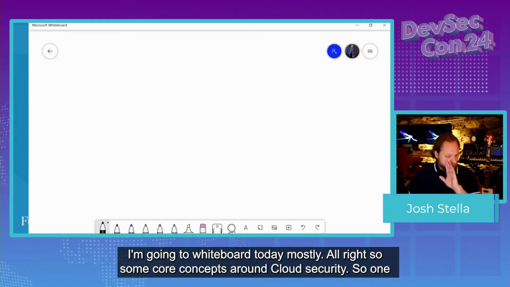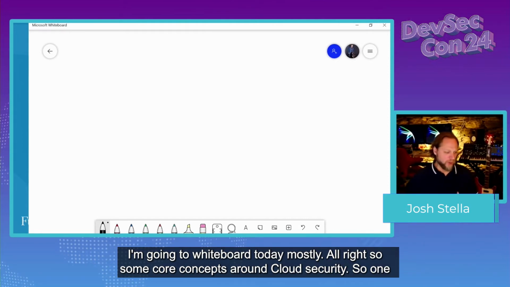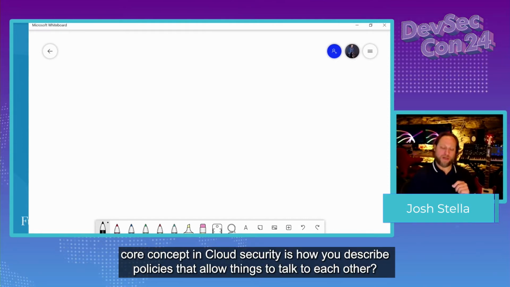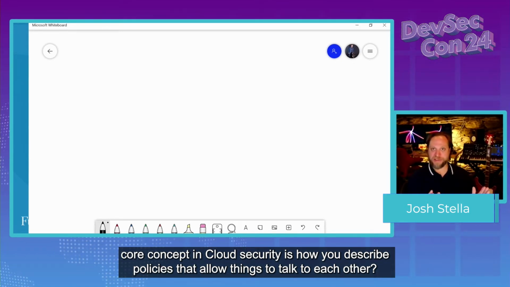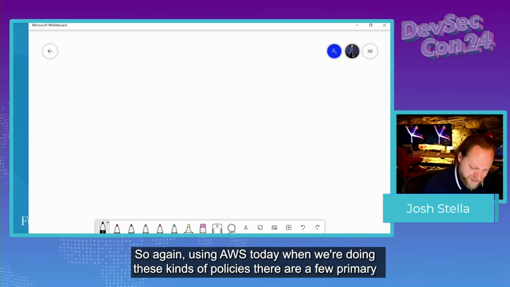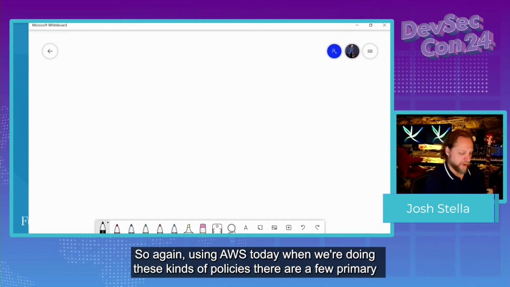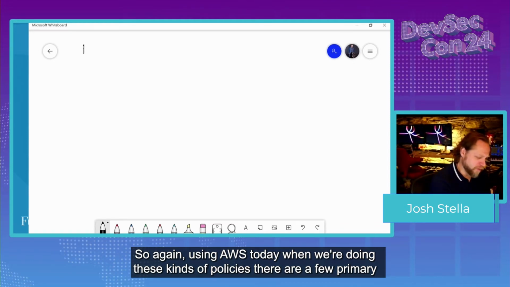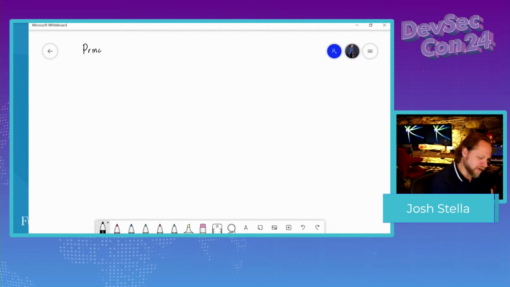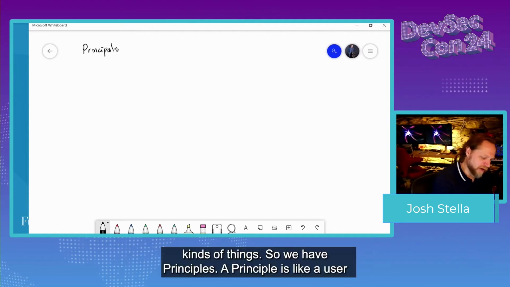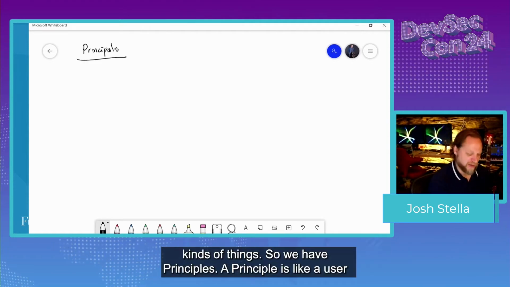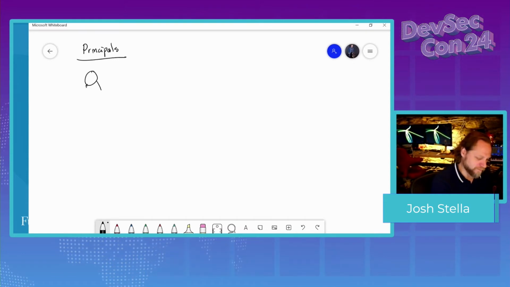All right. So some core concepts around cloud security. So one core concept in cloud security is how you describe policies that allow things to talk to each other. So again, using AWS today, when we're doing these kinds of policies, there are a few primary kinds of things. So we have principals. A principal is like a user.